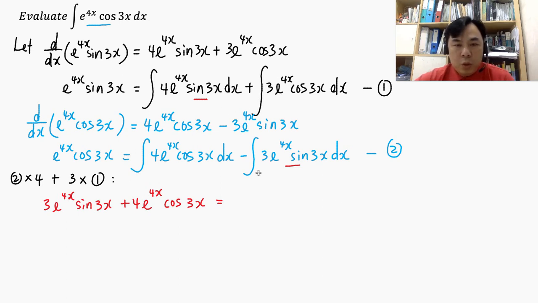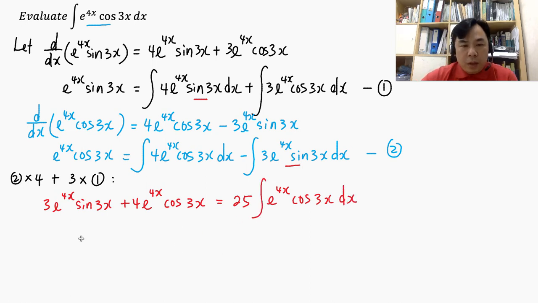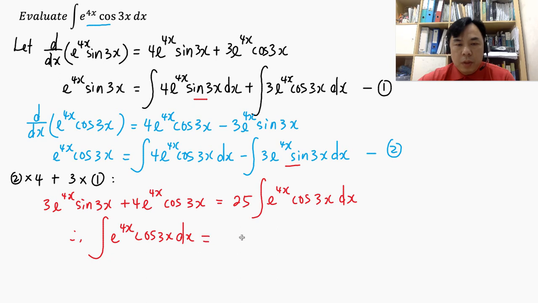I'm multiplying with a 3, so therefore I will get, in this case, let me see, a 9. So if you multiply by 3, you get a 9. If you multiply by 4 here, you get 16. So therefore, we end up with 25 exponential 4x cosine 3x. All right. And then from there, we can conclude that e to the power of 4x cosine 3x dx can be written as 3e4x